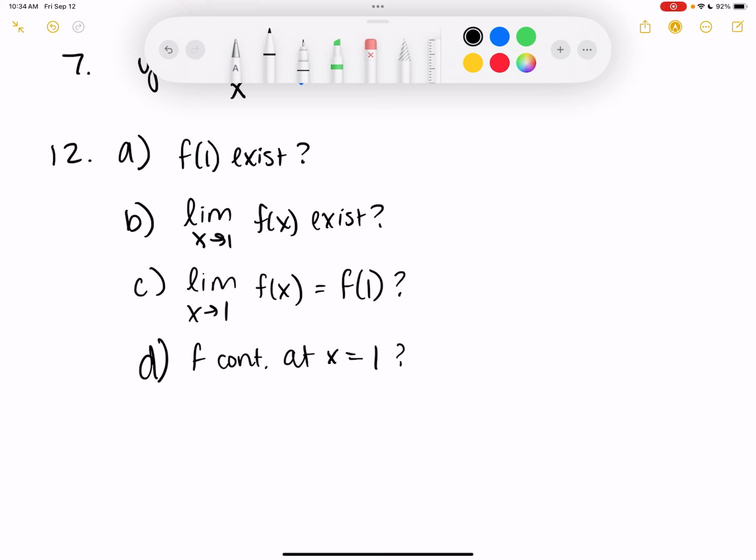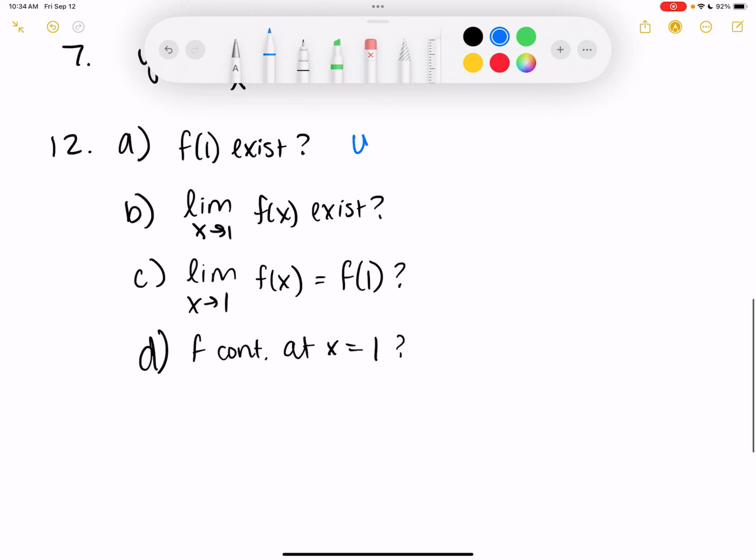So basically f of 1 is 1, where that's where the blue circle is that's actually filled in. So the answer to part A would be yes, and we normally would put the value it's equal to, 1. They don't technically require you to put it, but now they want to know if the limit